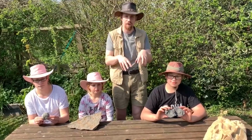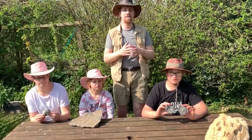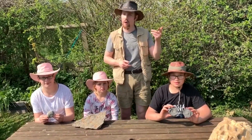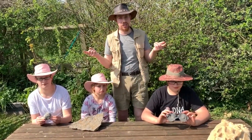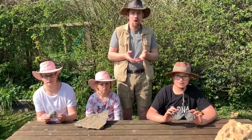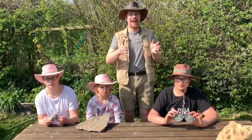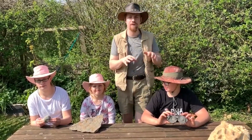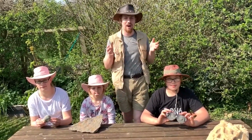If you want to go looking for a fossil, you need to dig it up. And for many, many years, anything you dug up was regarded as a fossil, whether it was a human skeleton, an animal skeleton, some pieces of pottery, or even a rock. And then we began to categorize them. So for now, fossils are the remains of things that used to be alive that have now turned to